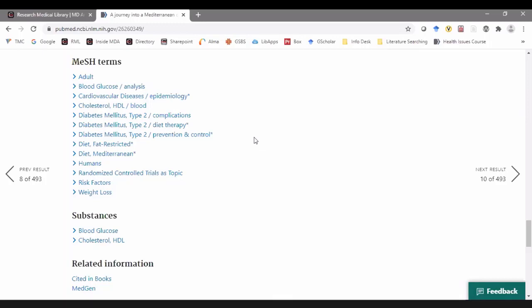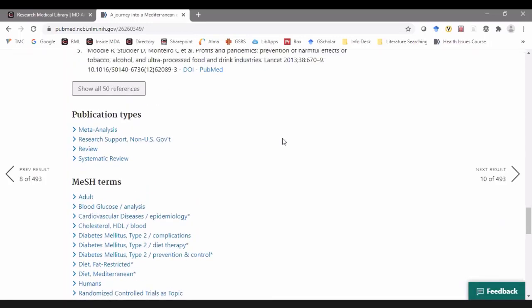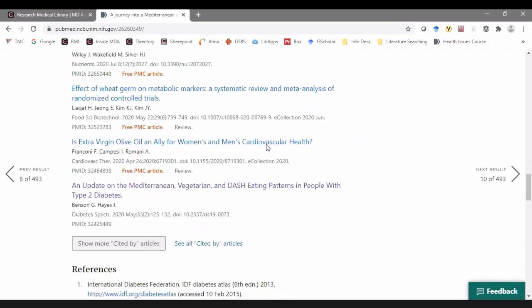Let's pretend that we did have the comparison of low fat. By looking at the MeSH terms, you can see, oh, I might want to use this as an additional subject heading. Even though it's low fat, I didn't have to go and search for low fat. It's already telling me this might be relevant, so I'm going to want to consider this if I had the comparison. What I'm showing you about looking in the MeSH terms and reading the